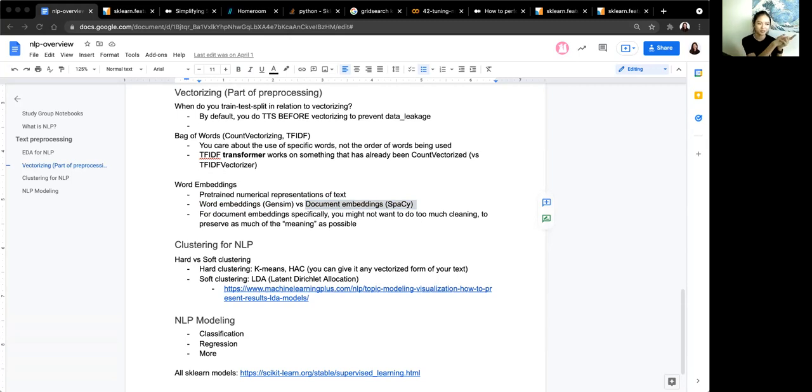So I do highly recommend using Spacy because their process is a lot more straightforward, a lot more streamlined. For document embeddings specifically, the idea of cleaning is completely different from when you're dealing with bag of words. Because you're taking context into account, perhaps the usage of capitalization, punctuation, emojis, that can all be taken into account with document embeddings. So typically you don't want to do too much cleaning to preserve as much of the meaning